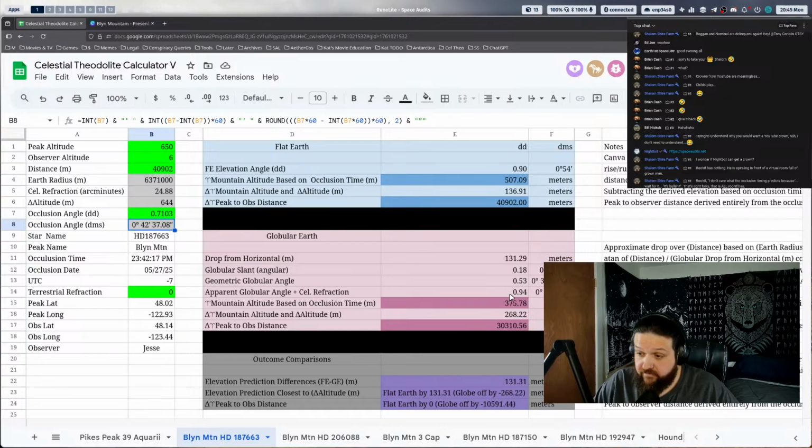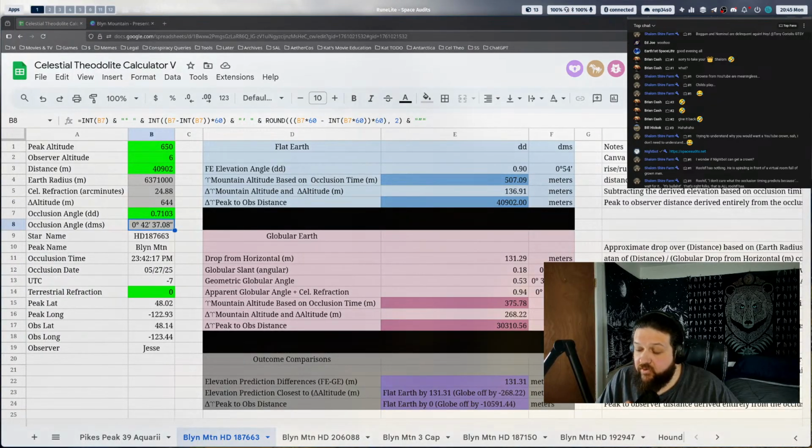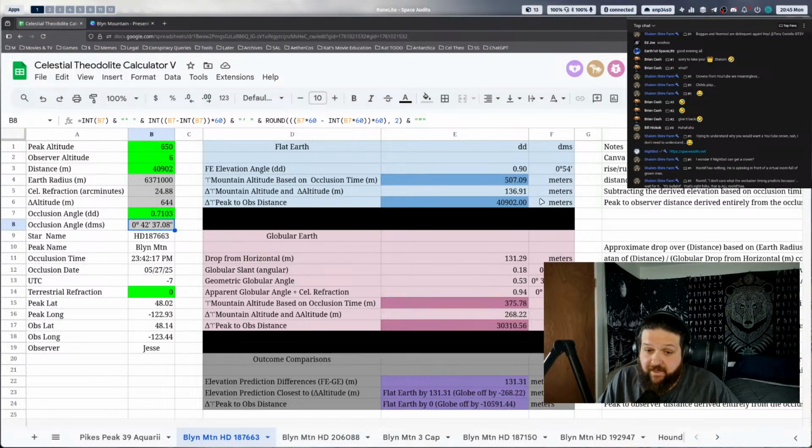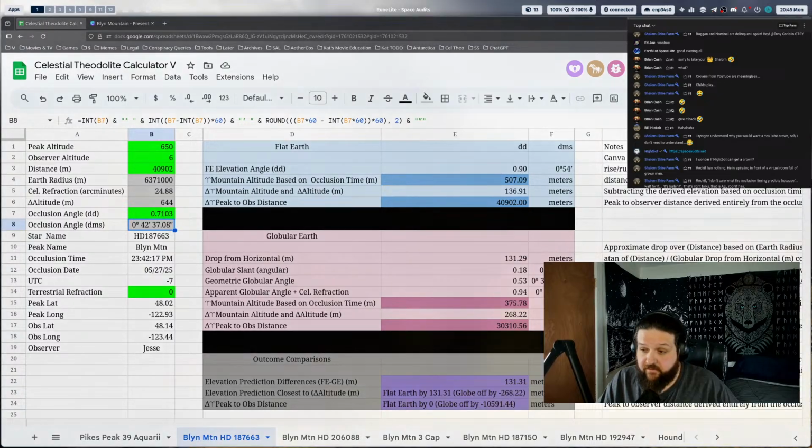Again, do I have to tap the sign? Dude, stop saying that. What does that even mean? No one knows what that means. Stop saying it, bro. Just say what you want to say. The celestial theodolite prediction is... I do not care what your prediction is. If you don't care, then don't engage, dude. Then what are you doing here? If you don't care, Ruhiv, then disengage, because I think I can accurately derive my position closer to what the globe predicts using this methodology. Yeah, with your bullshit straw man. So then with the Ruhiv methodology, we can do a different rebuttal later, because that has nothing to do with this. Yeah. I think I will disengage.